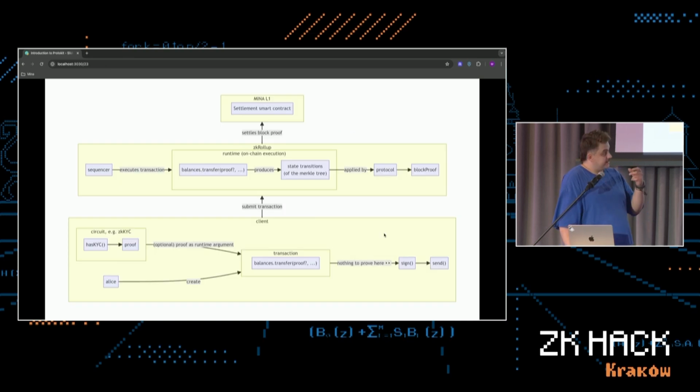So here we have a diagram that shows you how a transaction lifecycle might look like if you build your chain with Protokit. So we start on the client again, and we have Alice creating a transaction that calls balances.transfer, which is part of our runtime. She doesn't have to prove anything because there's no off-chain computation privacy necessary at this point, and she just has to sign the transaction and send it to the sequencer. If she wanted to have optional privacy, she could create a proof of a separate circuit execution built using the ZK programs we've seen before, generate the proof, and provide it as an argument to her signed transaction